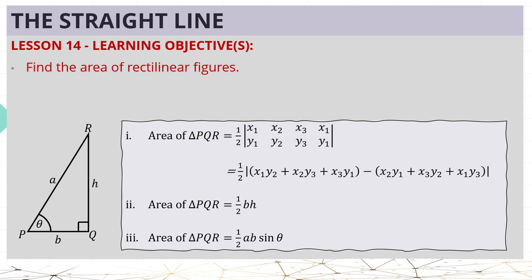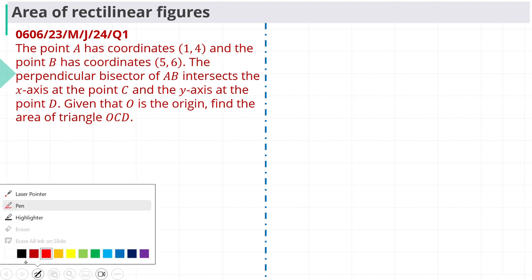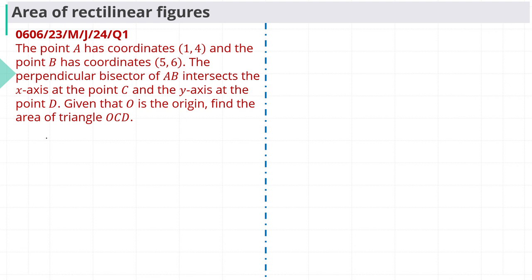To find the area of rectilinear figures, we also want to solve more multi-step problems. The point A has coordinates 1, 4, and the point B has coordinates 5, 6. The perpendicular bisector of AB intersects